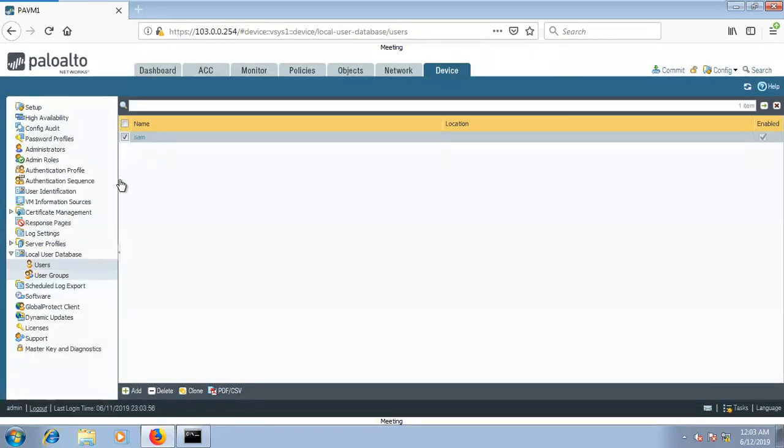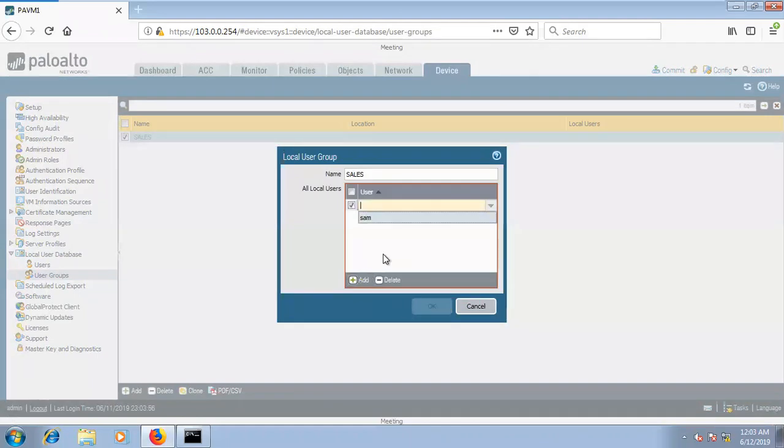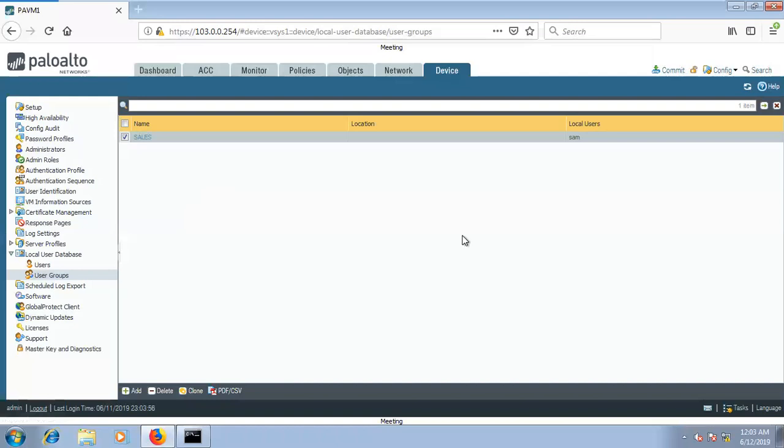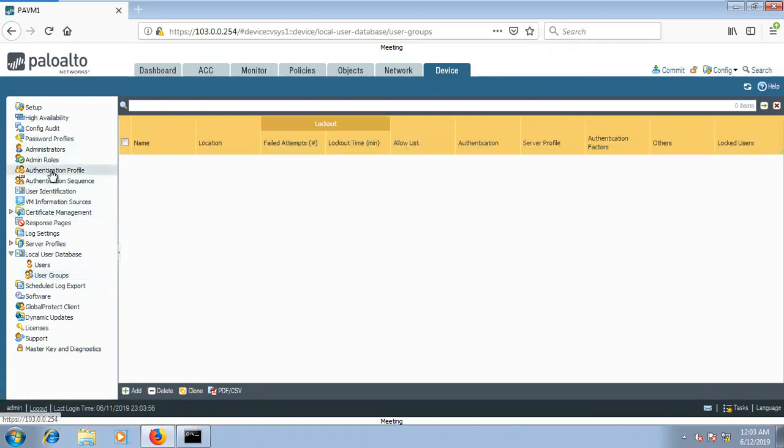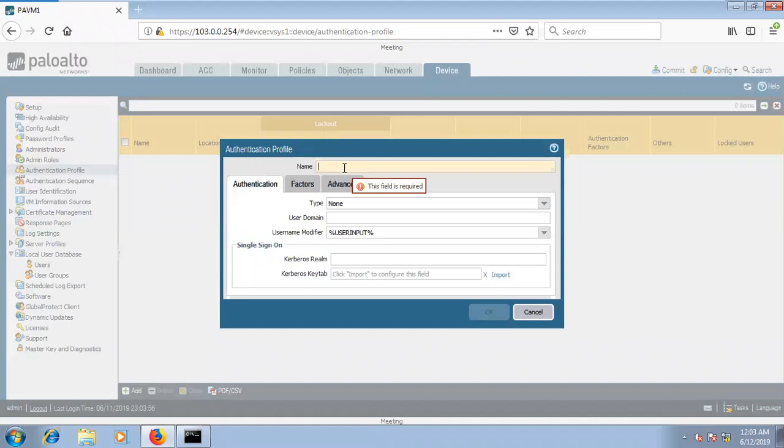It does not allow you to assign it to the group from here. So you need to come back to the groups and you can see add user. So you can find the user. Accordingly, you can create multiple groups and assign the users to the particular group. So this is how you can manage it. Now what you need to do, you need to get into the authentication profile, and under the authentication profile, you need to create one profile for the authentication. So I would say auth